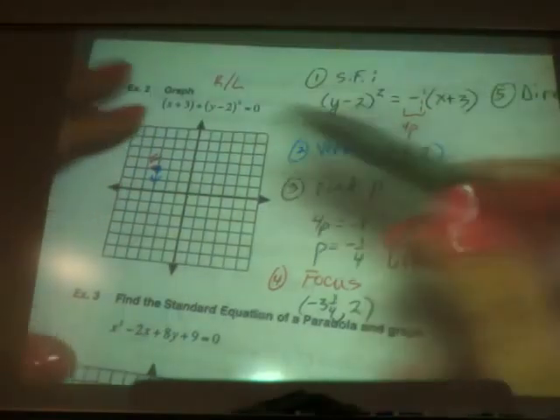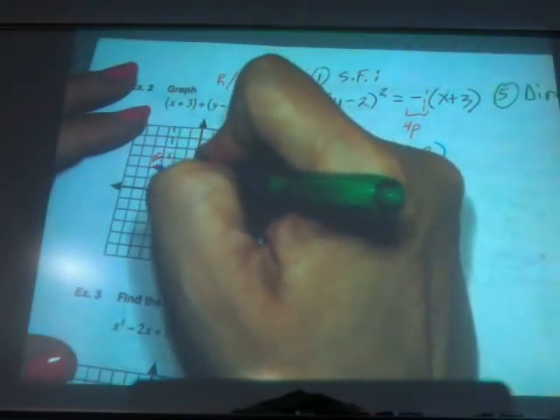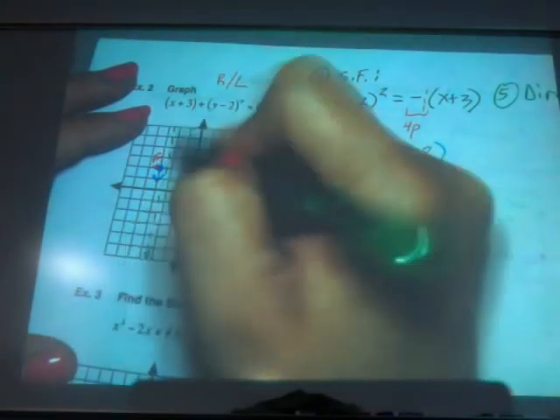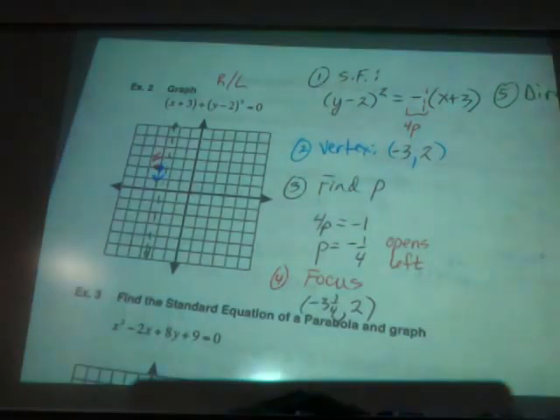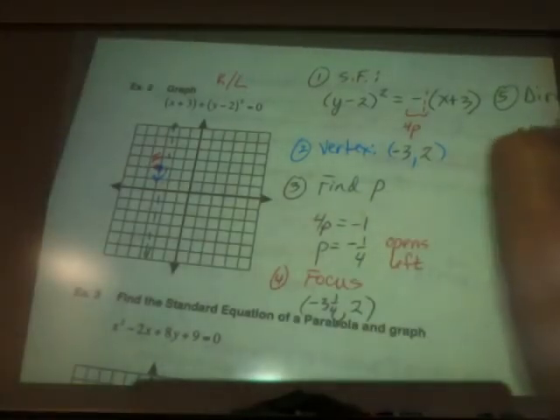So the directrix is going to be going this direction, right? Because the directrix does not contain either the focus or the vertex. It does not contain those. That's the axis of symmetry. So that's your directrix. What axis is it going through? X. So I know that it's x equals